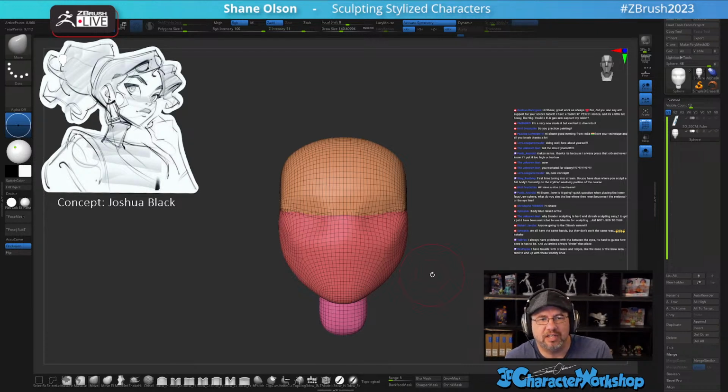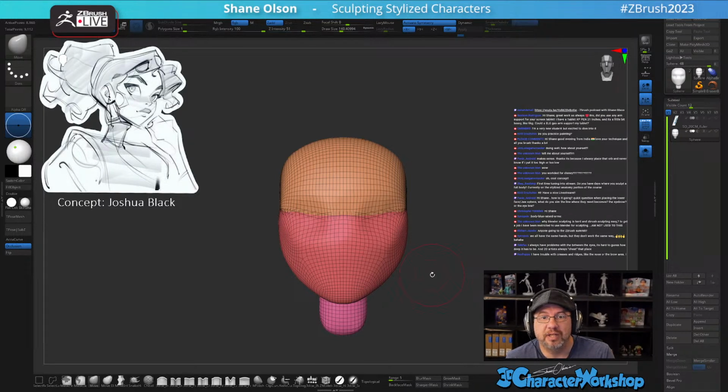Gustavo, great work as always. Thank you. Do you use any arm support for your screen tablet? I have a tablet, an XP-Pen. It's a bit heavy. So the best, when I was working hours and hours at Disney, what I would do is I actually had a 24-inch Wacom tablet. And the reason I set up my user interface to look like this and act like this with this menu is because I didn't want to have to touch my keyboard. And so I have my keyboard on a tray underneath my Cintiq that I slide out of the way, and then I drop my Cintiq into my lap because it's the most comfortable position that I can sit in without too much